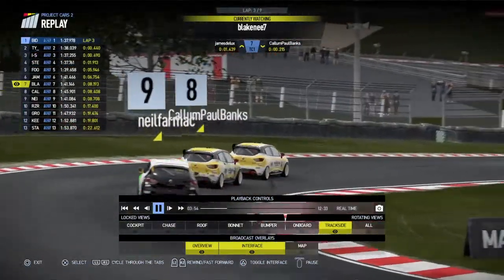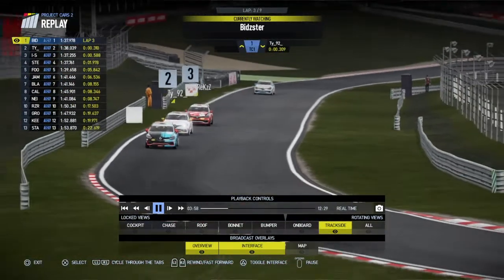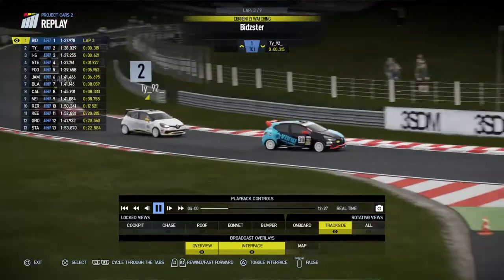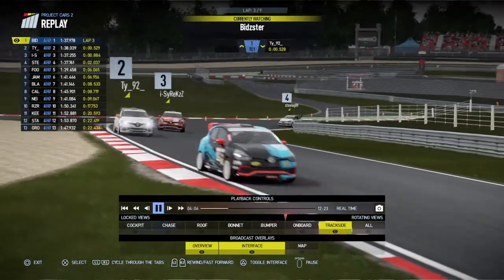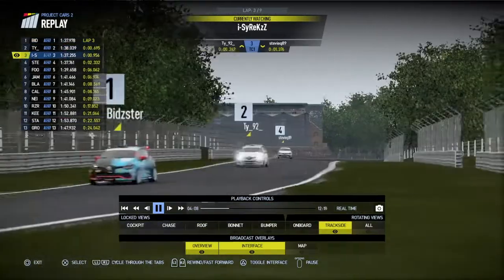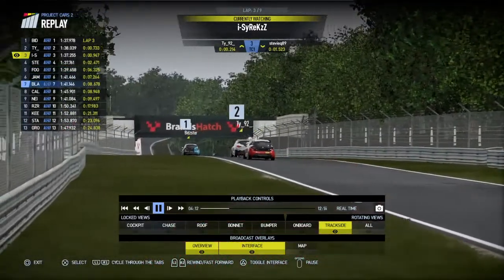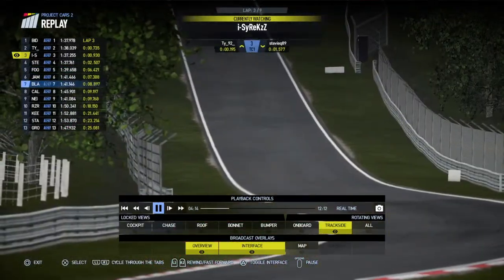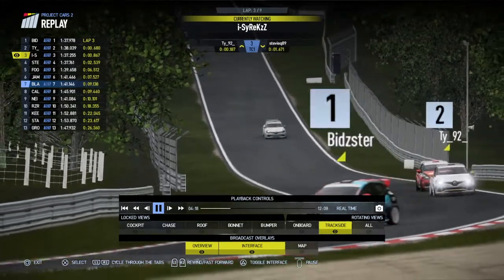And as we look at both Team Yellow cars going through there, meanwhile Bidzster still in front of TY. He's managed to keep the car on 4 wheels this time as we go around McLaren up towards the GP circuit. TY runs wide there. Cyrex gets a good run. Will he be able to get close enough for a move? Don't think he will, but we'll see. As TY has to look slightly in his mirrors. No way through yet for